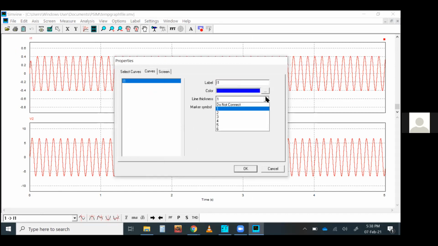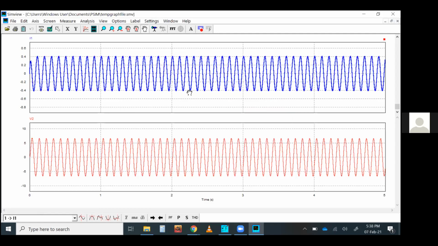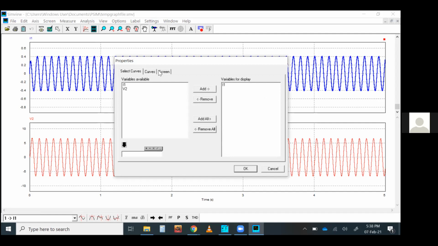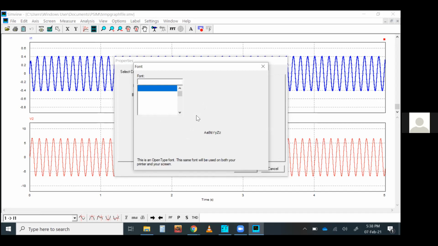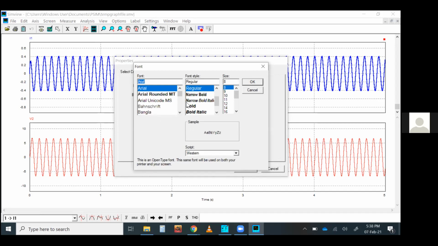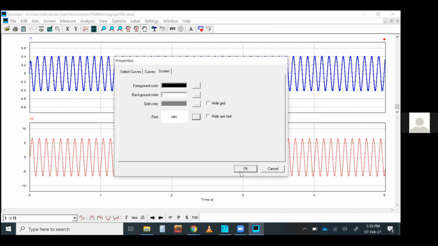Also want to make it thicker, just like that. You can change the grid. Go to the screen. I want to hide the grid or hide the axis. Everything can be done here. You can change the font as well. Change the font style, change the font size. Everything you can do from here.